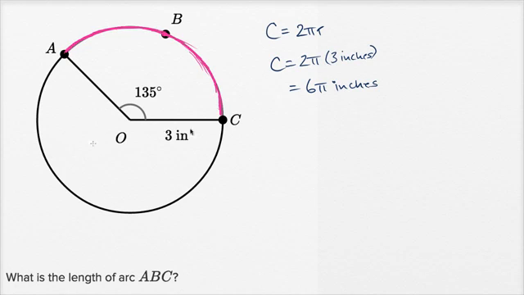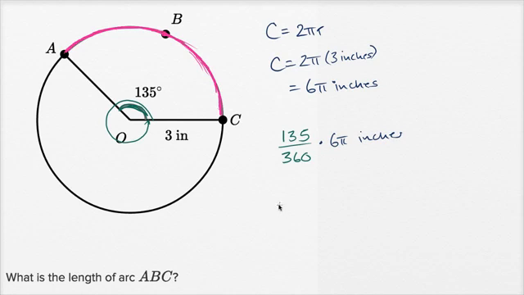So it is 135/360ths of the entire circumference. Remember, if we were to go all the way around, that's 360 degrees, while this angle right over here is 135 degrees, the angle that is subtended by this arc. So this arc length is going to be 135/360ths of the entire circumference, so times 6 pi